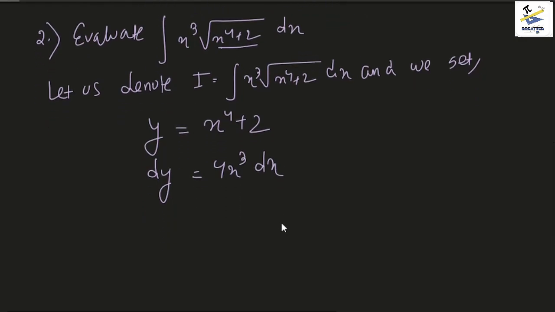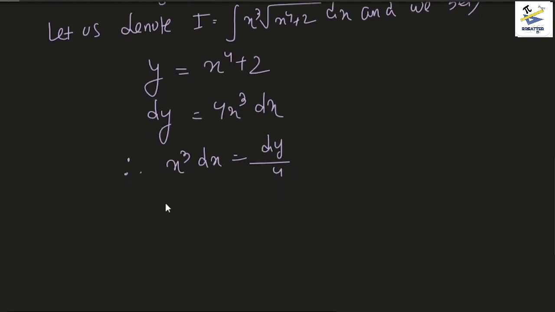And we want the value for x cube dx here in terms of y. So therefore x cube dx is just dy by 4,